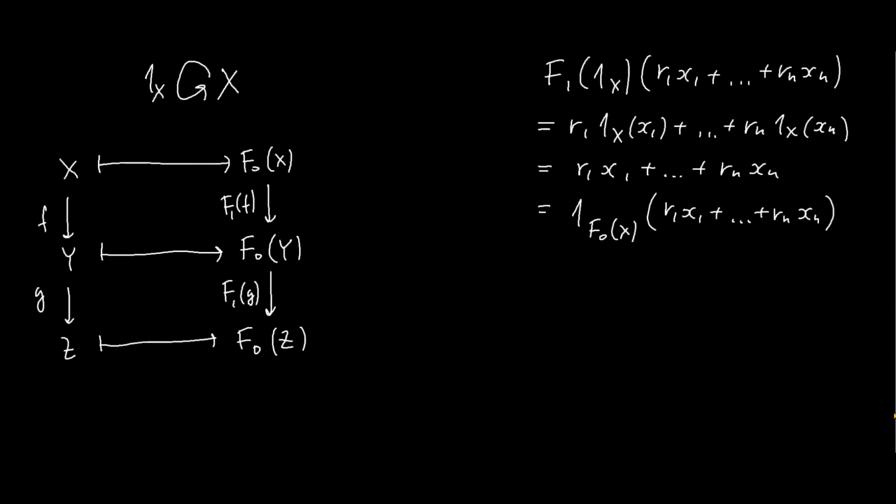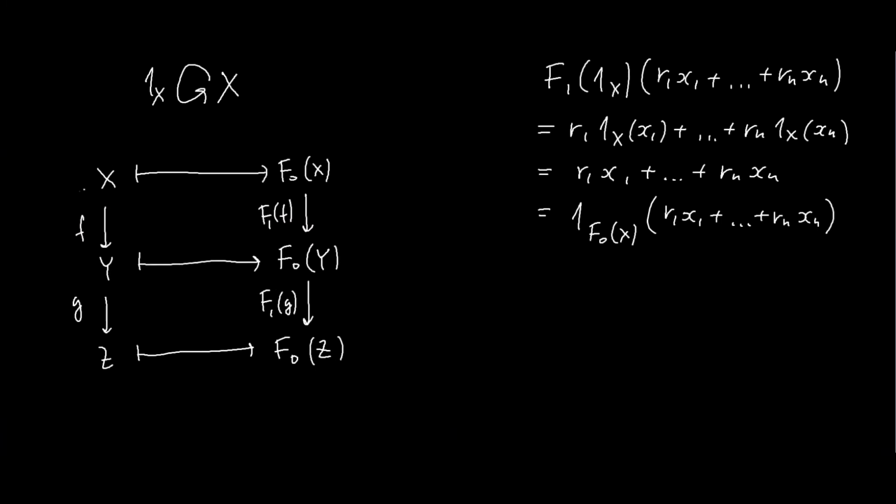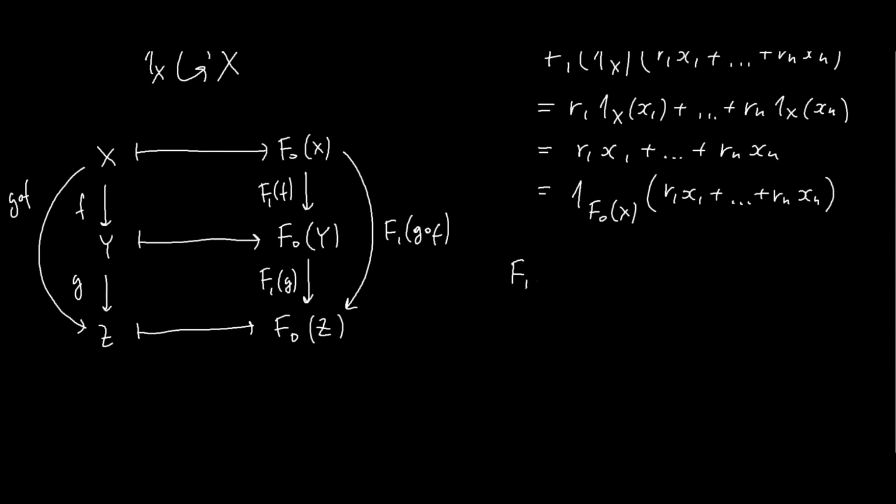So we've got the setup, and we now want to compose the maps here and then map the composite, and that needs to equal the composite of those two maps. And so let's perform the computation. So if I take F1 of G composed with F, and I apply that to the linear combination,